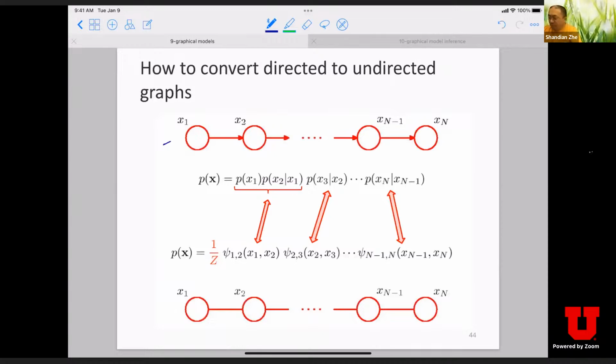That means I can write down my joint probability in this way: P of x1, P of x2 given x1, P of x3 given x2, until P of x big N given x big N minus 1. If you want to convert to an undirected graph, first of all, we remove the arrows on those edges. And secondly, we should look at